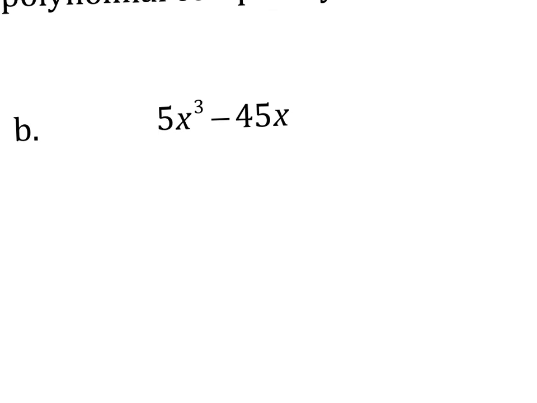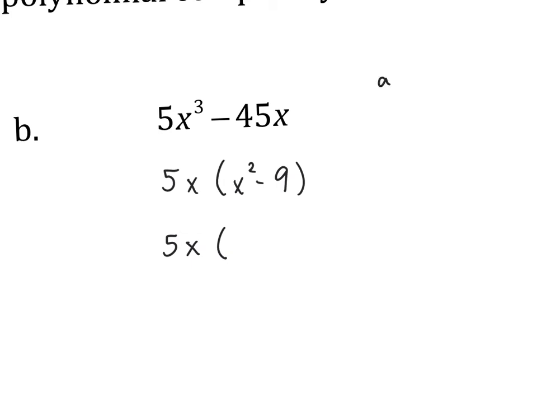Okay, next one here. So notice that GCF, check first here. Both of these I can divide by 5, and both of these I can divide by x. So I'm going to factor out a 5x, and that gives me here x squared minus 9. Now, one thing I notice here is that this is a difference of squares. We already talked about that pattern, the difference of squares pattern,